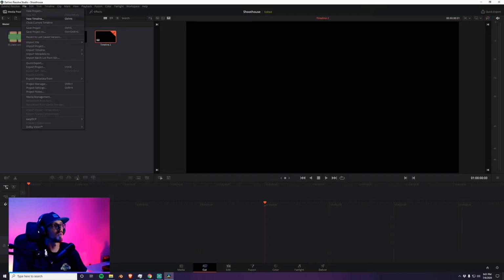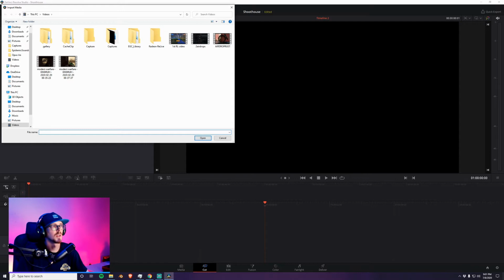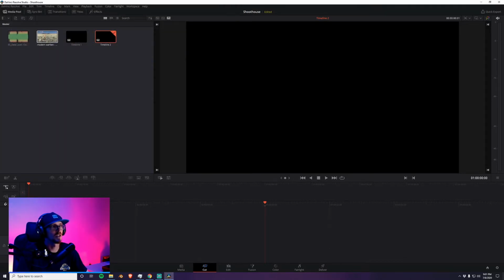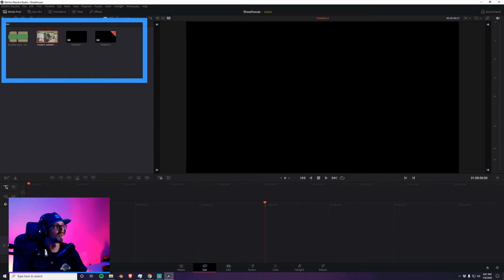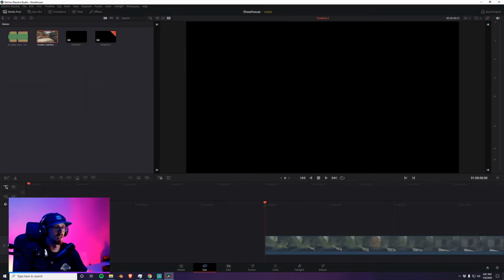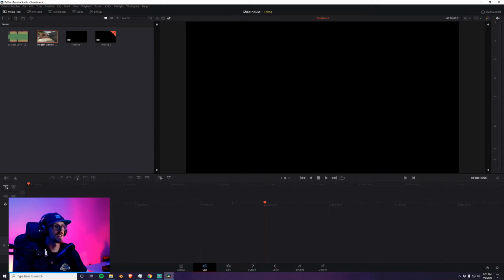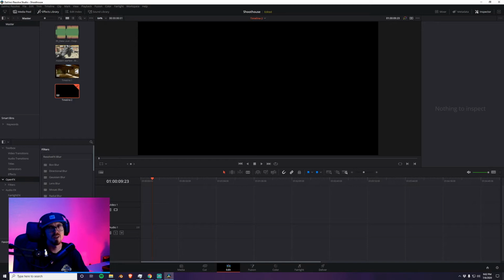So to import it, you're gonna go to File, Import Media, and then obviously I'm already in the area in which it was, and I actually moved it. It's not in this location anymore, but you could click on the video, open it up, and it'll show up here. So then once you have it here, you can drag the whole thing into this if you wanted to, but that's like 18 minutes,